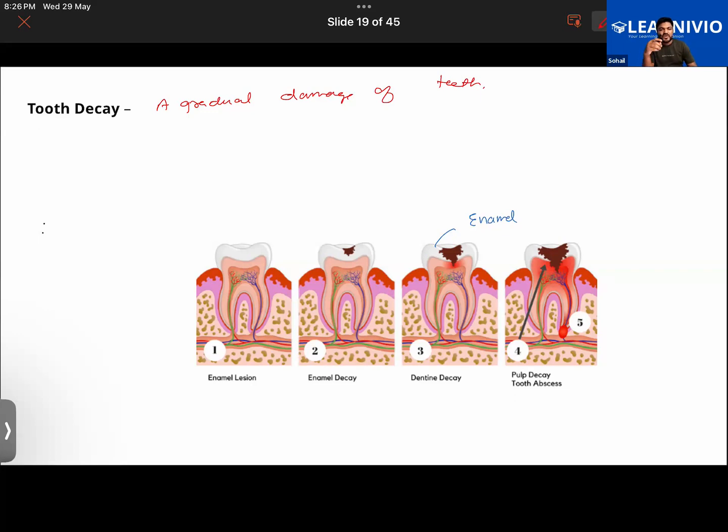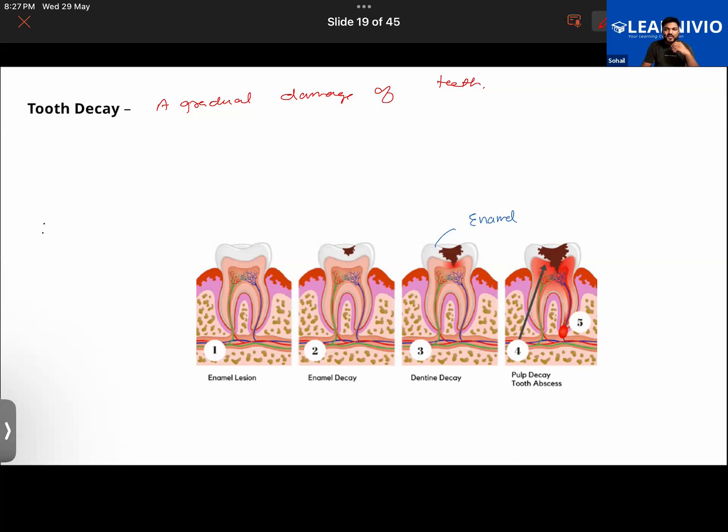The main cause of tooth decay is the presence of bacteria in the mouth that grows if we do not keep our mouth and teeth clean. That's why it is advised. And if we eat too much sweets. Too much sweets. Very good.